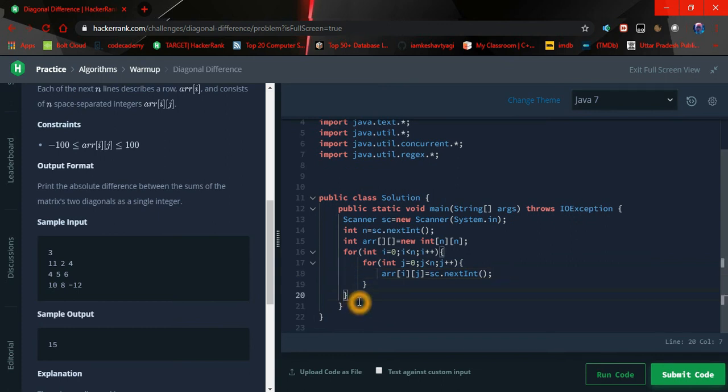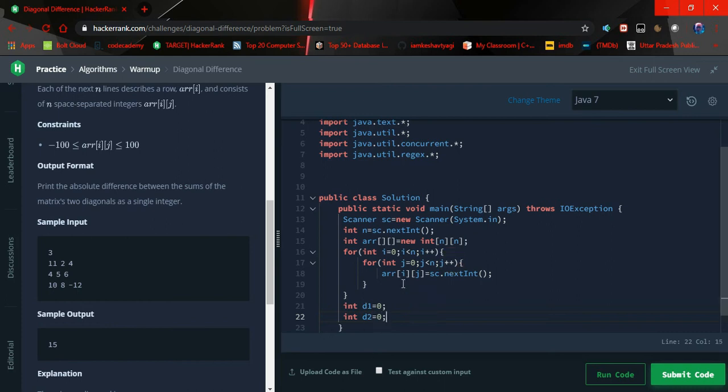Okay, now what we have to do, we have to simply check the array element. Now let me first create two more variables. Int d1 equals 0 and int d2 equals 0.